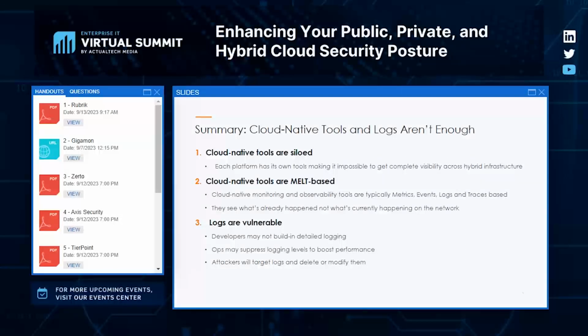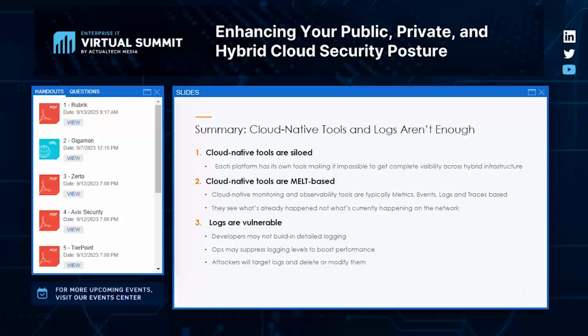Now, these other tools, these observability tools that I talked about, they ingest MELT. With Gigamon, you get a much, much deeper perspective that these tools are able to see. And again, by the way, not just for managed hosts, but for unmanaged hosts as well. So you don't need to install a Datadog agent or Dynatrace agent or New Relic agent. And without this agent, you're still able to get the visibility.